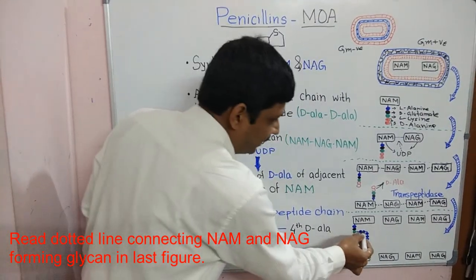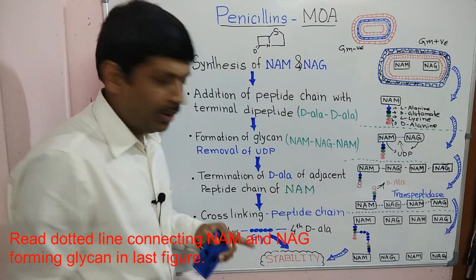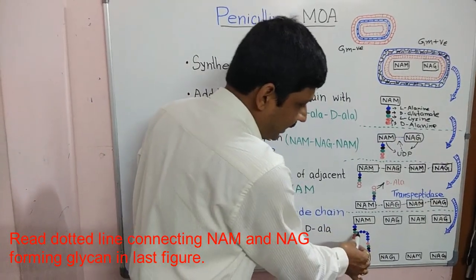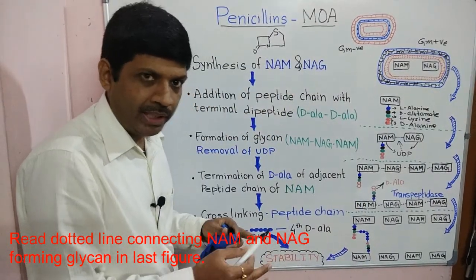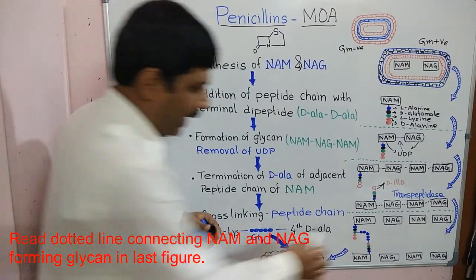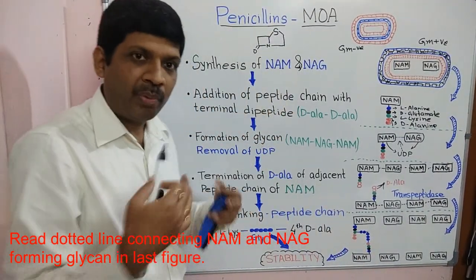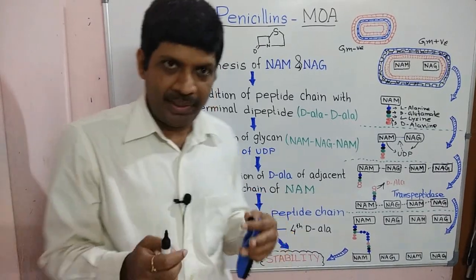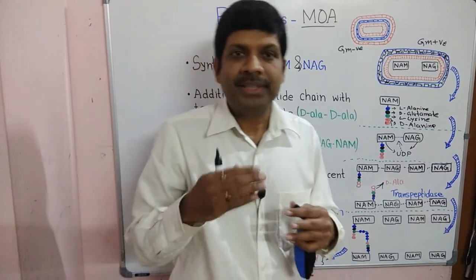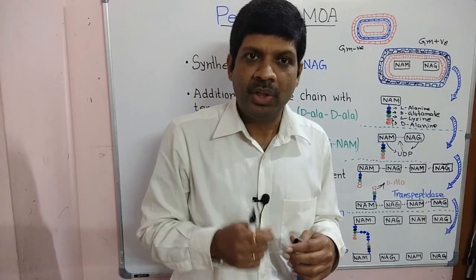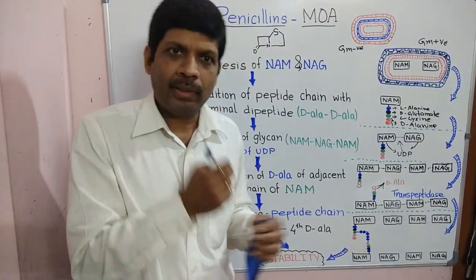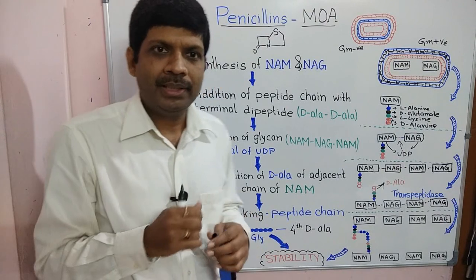There are 5 glycine. These blue color are glycine molecules. So 5 glycine molecules attach the L-lysine of the first chain with the D-alanine of the adjacent chain. And this cross linking provides the mechanical stability to the cell wall of the microorganism. So for any antibiotic to act upon this, they should break the chain, right?